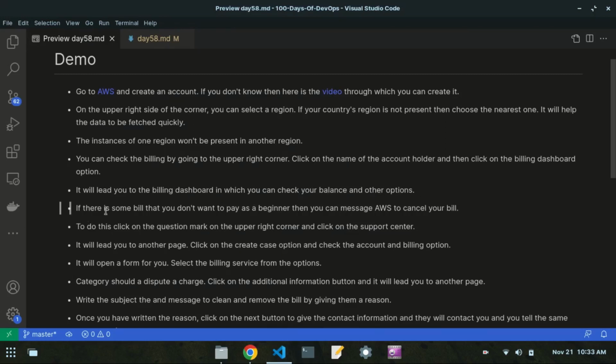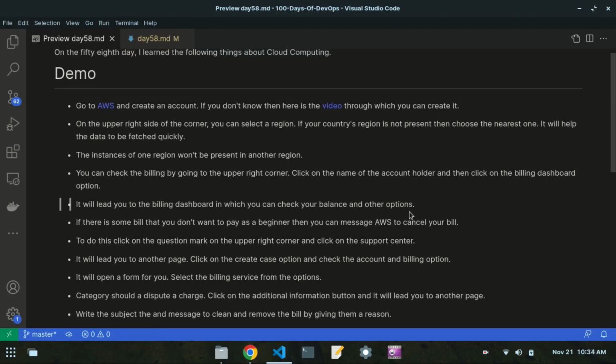If there is some bill that you don't want to pay as a beginner, then you can message AWS to cancel your bill. Let's say the 12 months free trial account has now expired, then bills will be generated for you. If you don't want to pay those bills, you can cancel those bills also, and you need to contact AWS. To do this, click on the question mark on the upper right corner